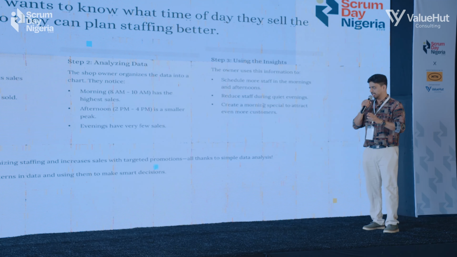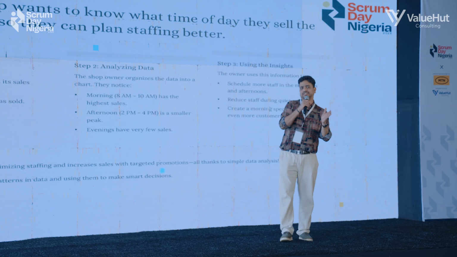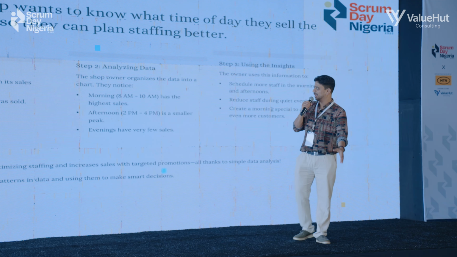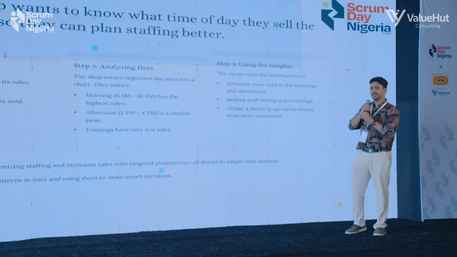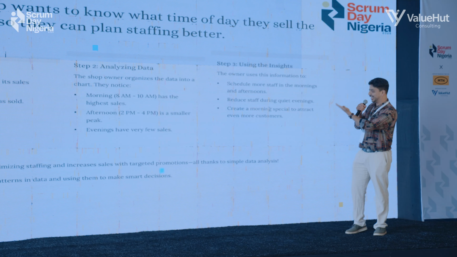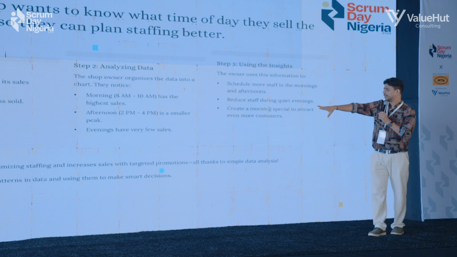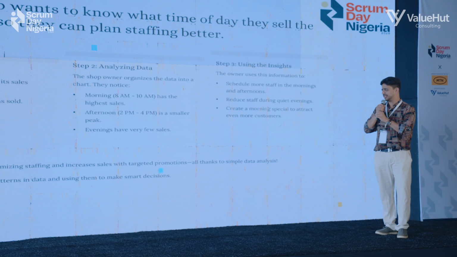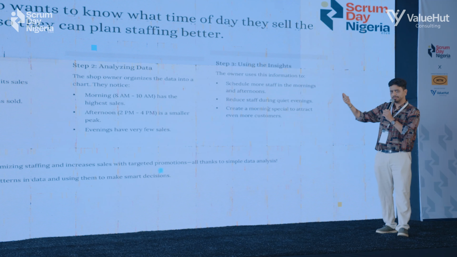But a quick caveat here, right? Imagine Starbucks has come to you to provide recommendations on the staffing levels, but they don't take any action. That means you have given the inferences from the data science perspective, but they have not used your models. So the shop saves money by optimizing staffing and increasing sales with targeted promotions. But what is really happening is you're finding patterns in data to make smart decisions.